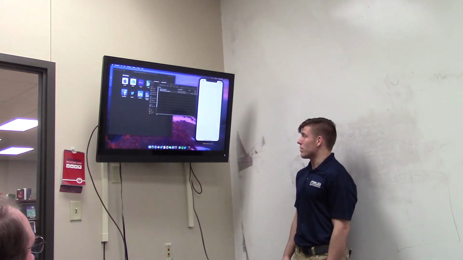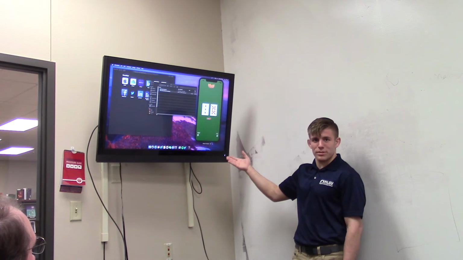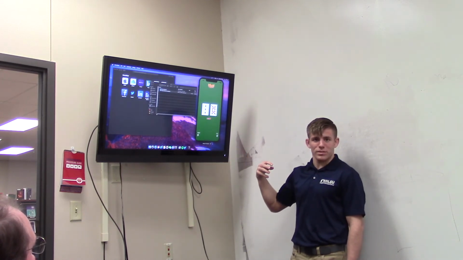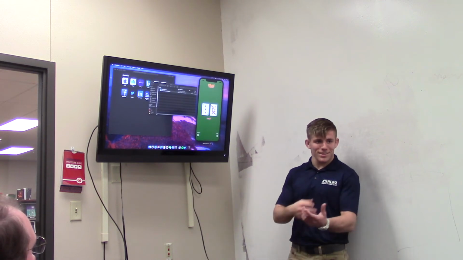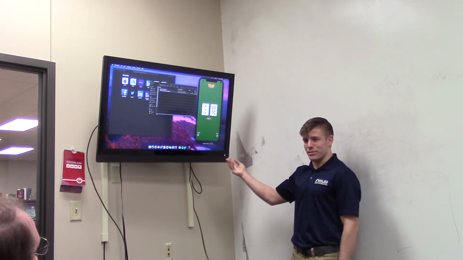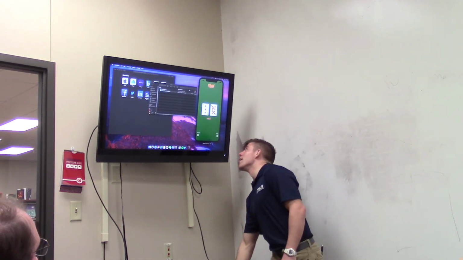So what else is cool about the Mac lineup is that you have virtual simulators of your phone. I don't have a developer account because it costs money, so I can't send it to my phone and show you on my phone that it works. But this is an actual iPhone 11 on the computer, and so when you click the deal button,